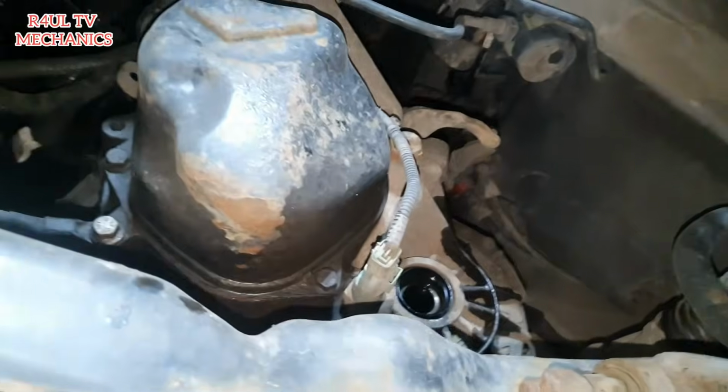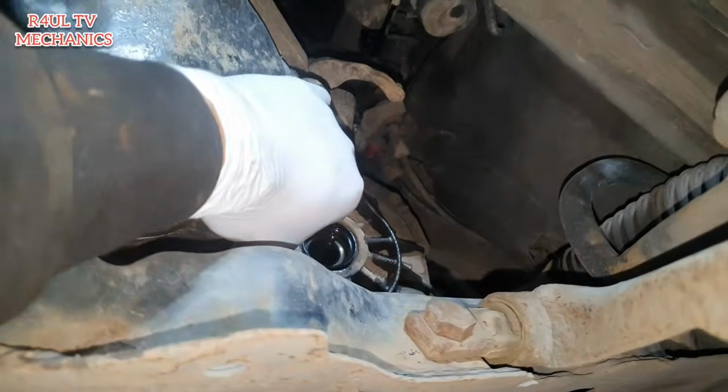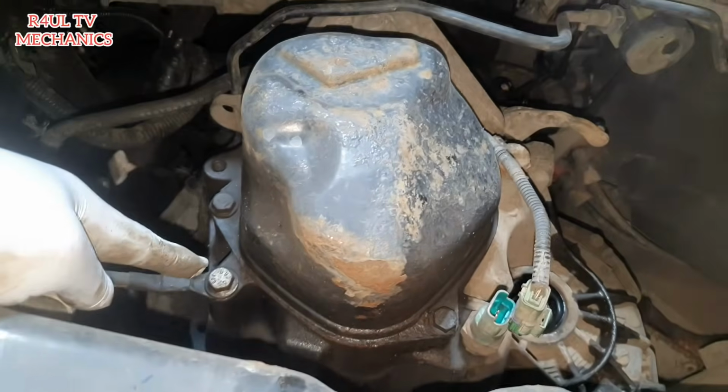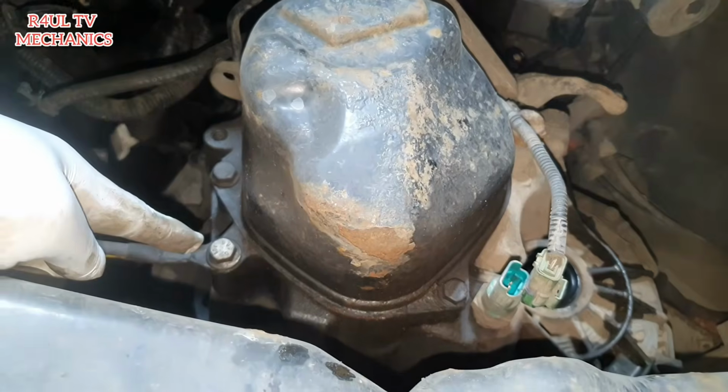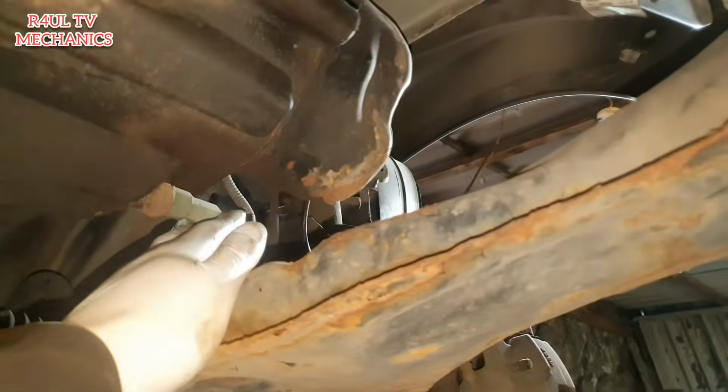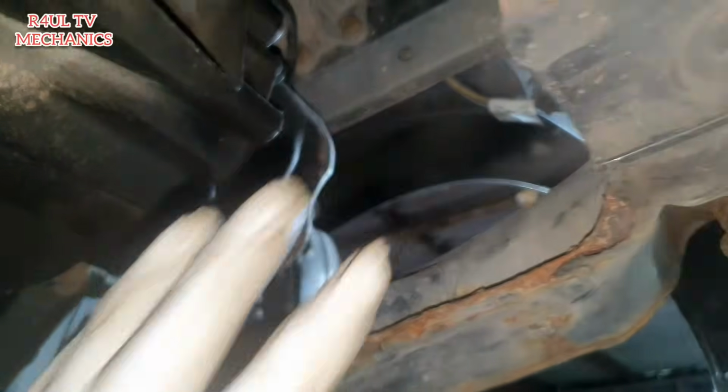Okay, we're going to go around to this side now, and we're going to take this wire off as well. Take that one off. We'll take that earth strap off there. 13 mil. Take that off. If that wire is off and the earth strap is off on that side, what we're going to do now